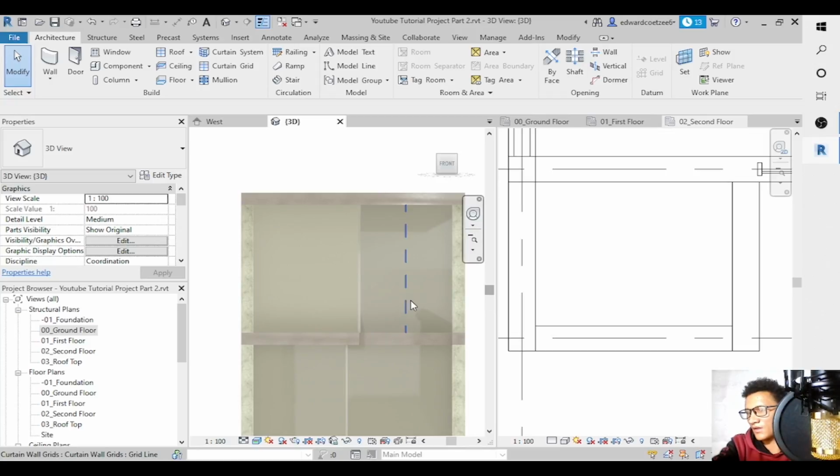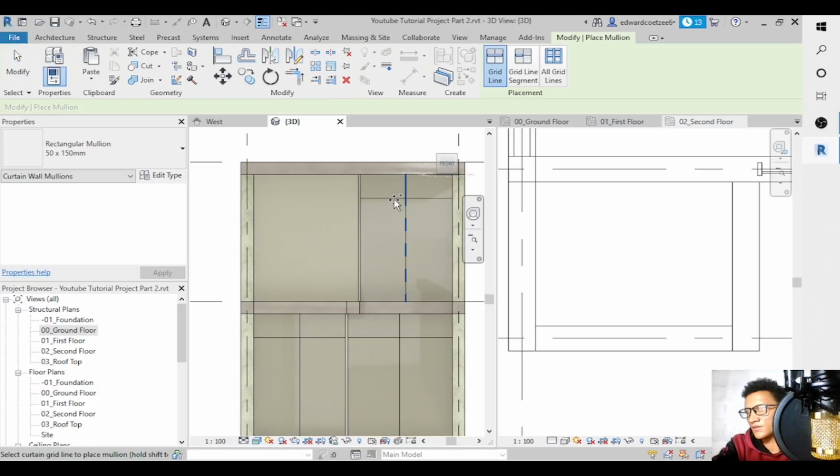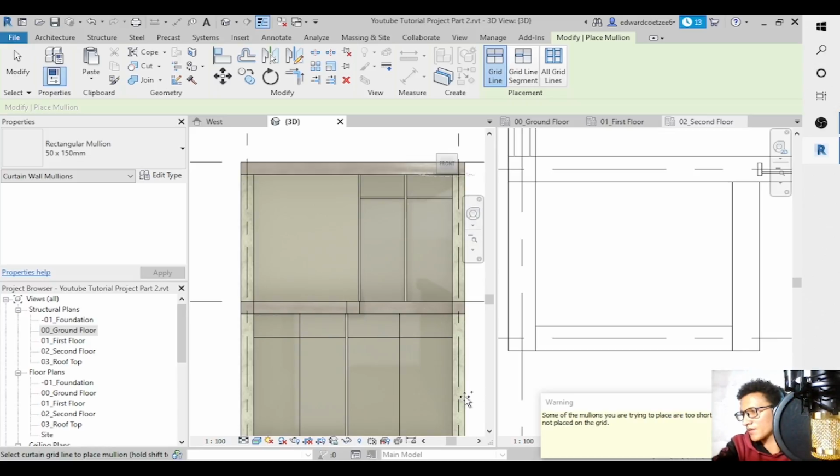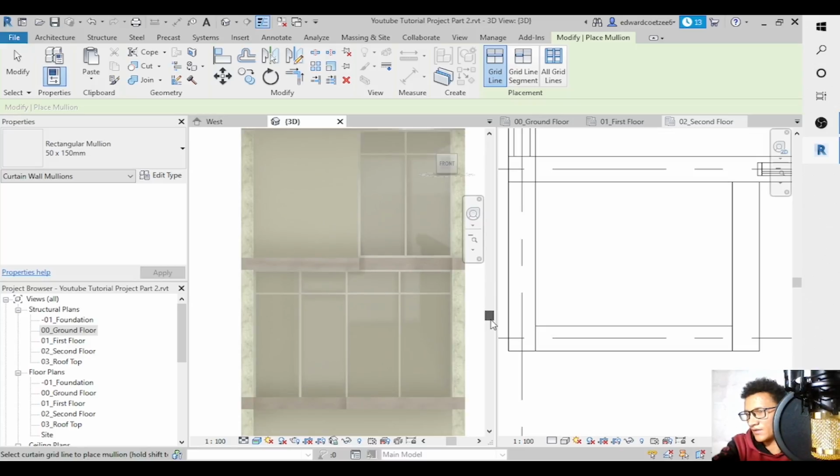and then after that I want to insert my rest of the mullions to that, and reason why it's a warning, it's saying that it's short, so some of the mullions you are trying to place are too short for its types and were not placed on the grids. So it's basically there where it's intersecting. They say that small piece is too short, so that's why I didn't place it. But Revit deleted it automatically, so it removed it, which is fine. So we insert mullions everywhere there,